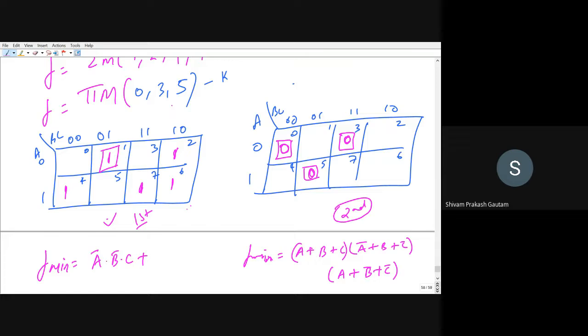Okay. If you look at cell number 7, 3 is empty, 5 is empty, and 6 is there. So you can directly pair like this. Right? If you see cell number 2, you cannot see cell number 0 is empty. Cell number 0 is empty. So this is not, and cell number 6, 3 is also empty. So only cell number 6 is there. So you can pair it like this, right? And if you see cell number 4, this is also 0 cell is empty, 5 cell is also empty. So you can pair it like this.